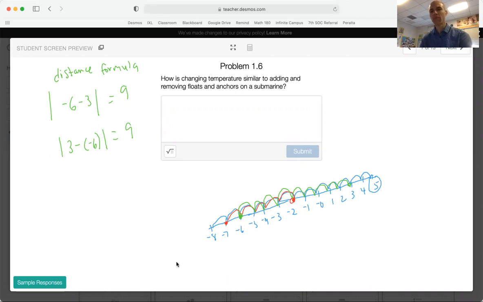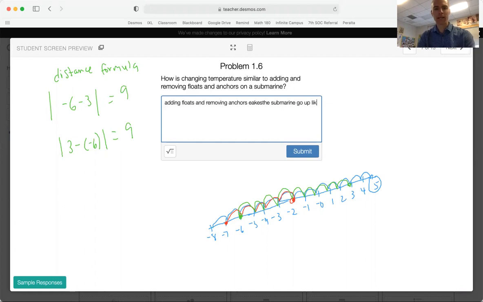Well, I would say that adding floats and removing anchors makes the submarine go up like a rising temperature. Removing floats and adding anchors